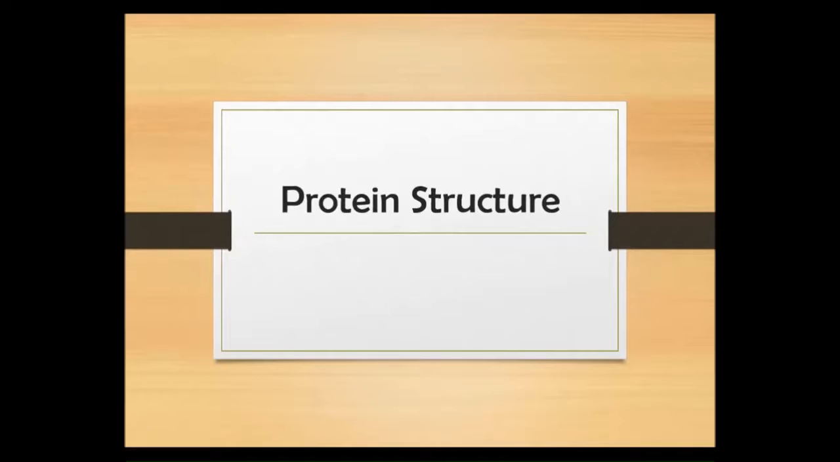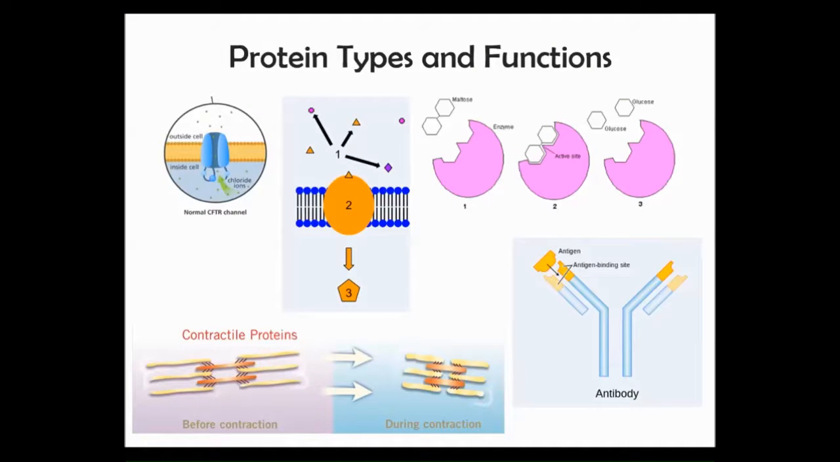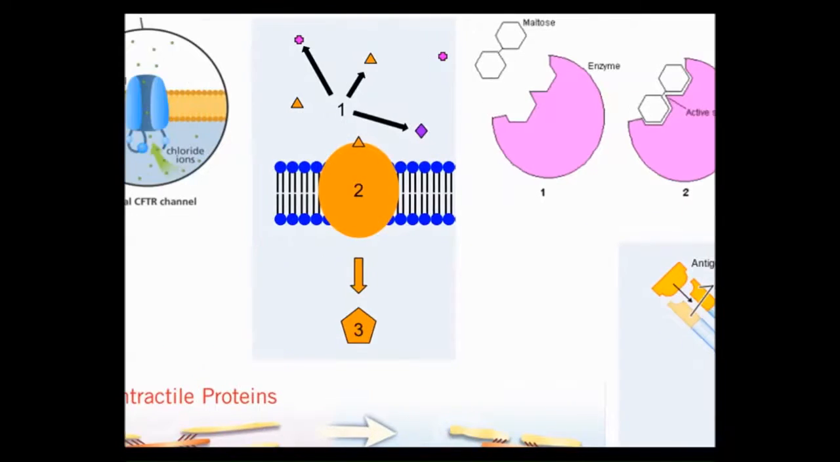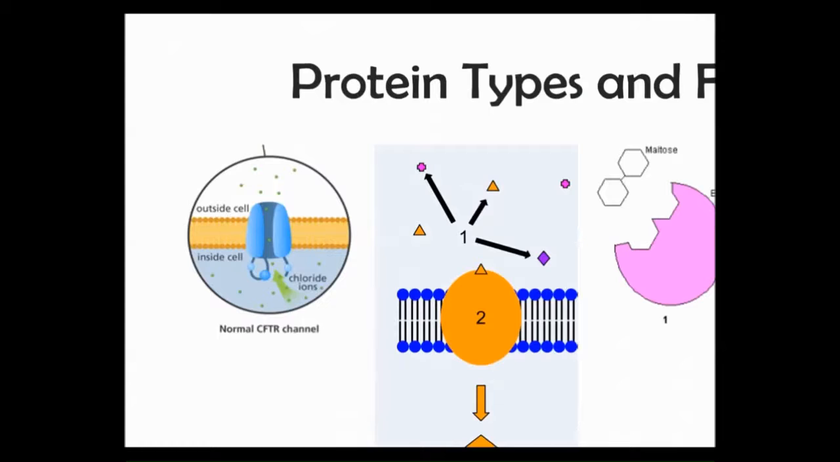Let's take a look at protein structure. Of all the biological molecules, the most diversity that we have with regard to function lie with our proteins. So before we look at the specifics of what proteins are made out of, let's just take a look at all of the different functions that are present. Let's actually start by taking a look at something we've already mentioned, and that is looking at our cystic fibrosis